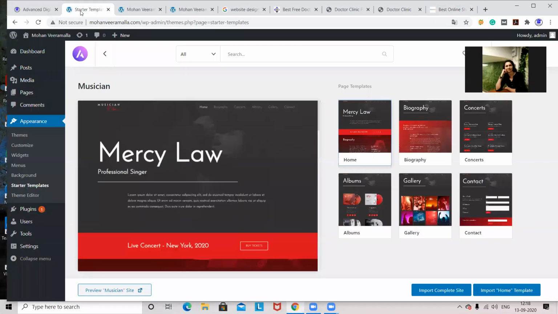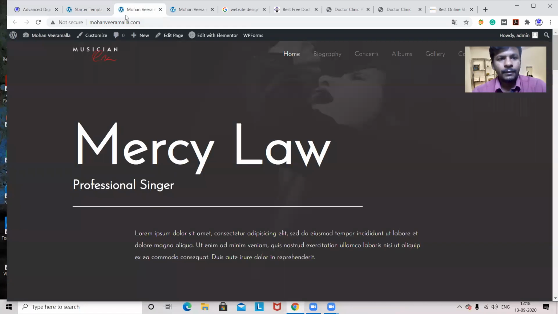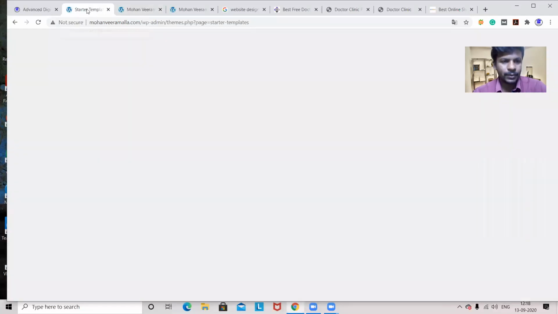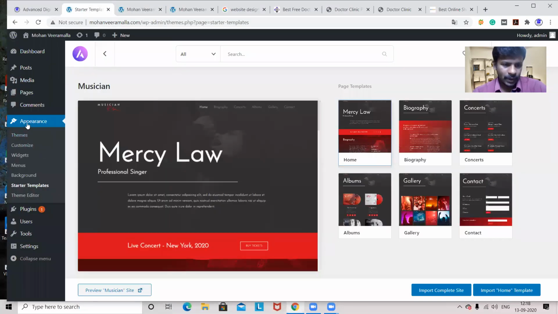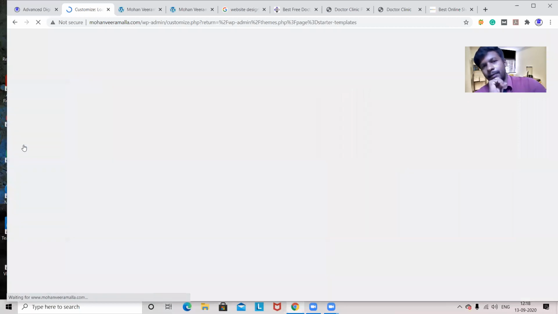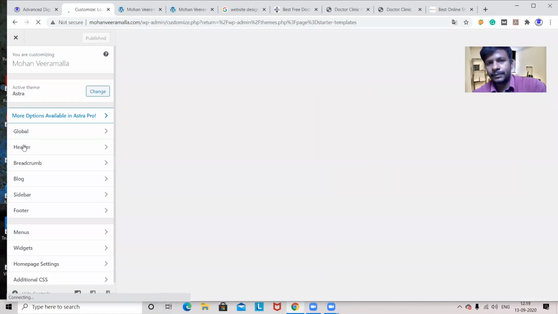So now here what we'll do, we'll design the header section first and then go to the footer. For that, I'll go to Appearance and Customize. First I'll try to see if I'm okay with the color. Why? Because your website color will be based upon your logo color only. Whatever logo color you have, that only will represent the website color.